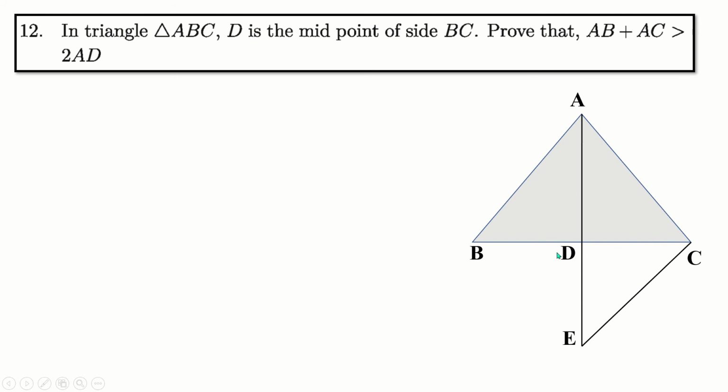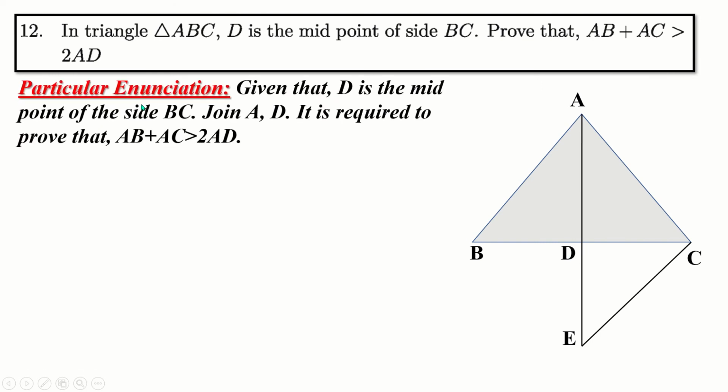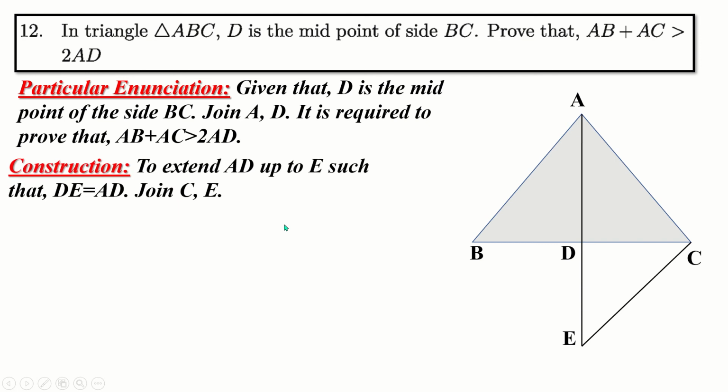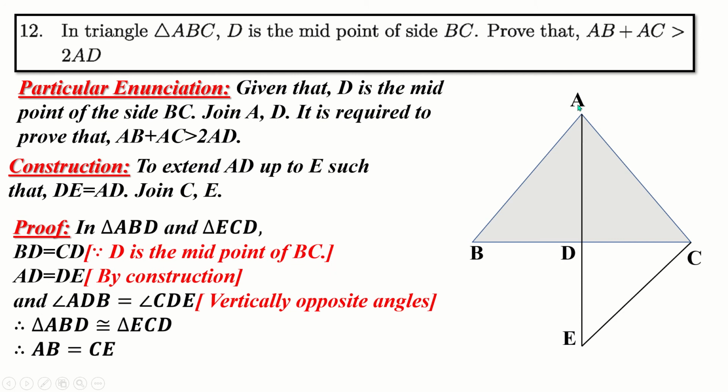ABC is a triangle in which D is the midpoint of BC. We have to prove that AB plus AC is greater than 2AD. That means by construction we have to join A and D. Particular enunciation: given that D is the midpoint of the side BC. Join AD. It is required to prove that AB plus AC is greater than 2AD. Construction: extend AD up to E such that DE is equal to AD. Join CE. Proof: in triangle ABD and triangle CDE,